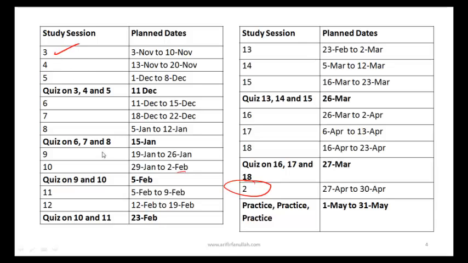So we are going to start with study session 3, which is behavioral finance, and run through the order in the curriculum. Some other people try to jump the order, but I don't see the point of doing that because the curriculum had some logic in arranging this a certain way, so let's respect that and follow the same order. And this is your first date that you need to get ready for. So your first quiz is on 11th December, and it will cover the study sessions 3, 4, and 5.